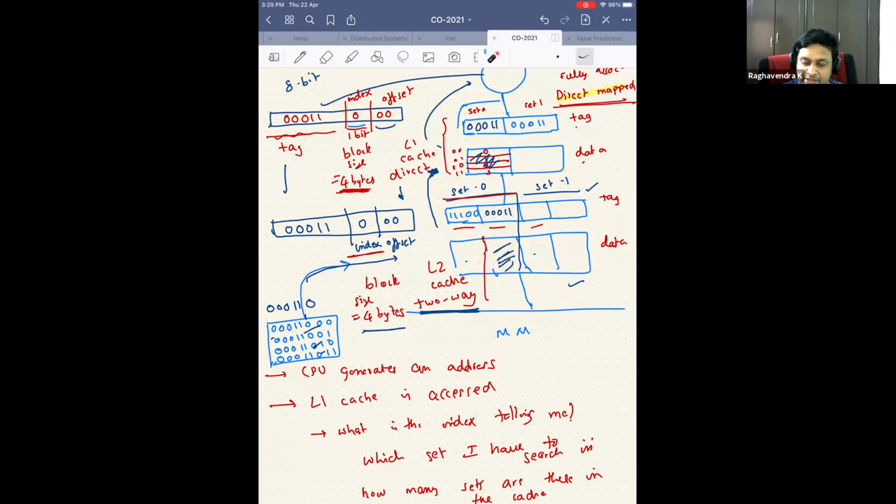In the L1 cache, there is no replacement policy because there's only one block per set, since it's a direct mapped cache. If it was a fully associative cache, again the replacement policy would have come into play. But now I replace this block, I kick out whatever was there, I'm not worried about what is there. If it was dirty data, I would have written it into the L2 cache. Now I replace this with the data here, right? And then I read this byte and give it back to the CPU.